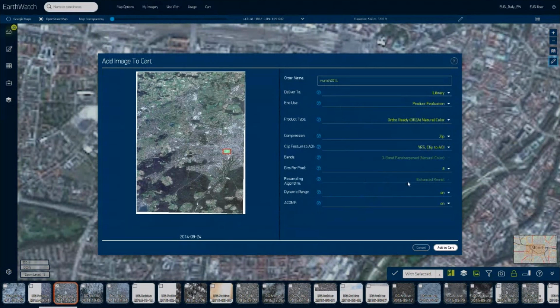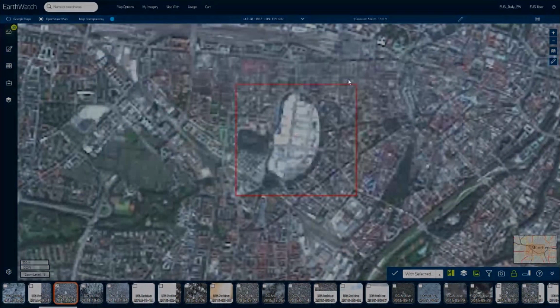If options are grayed out, as you see here, those are recommended options and you can't change them anymore. But let's say I want a 16-bit image. After you have selected all those parameters, you can add the image to the cart and go to the cart.